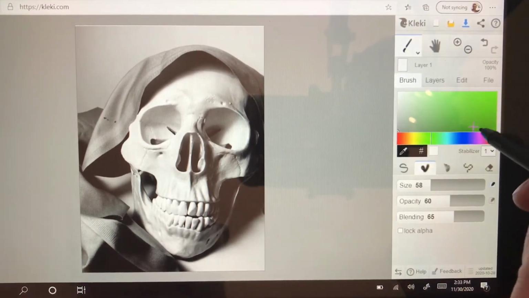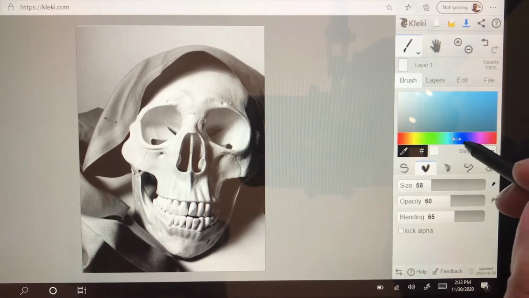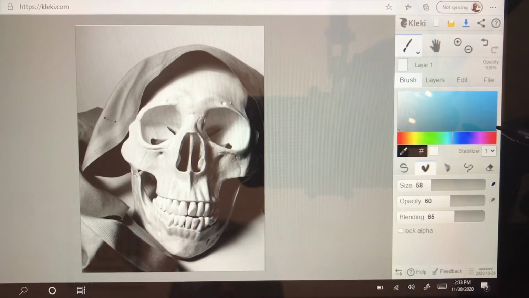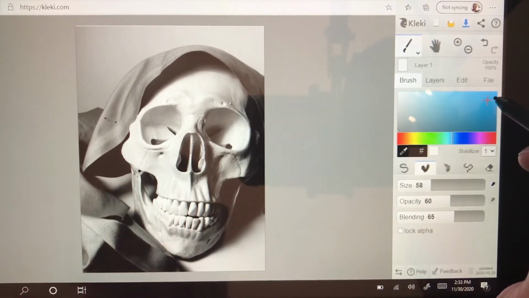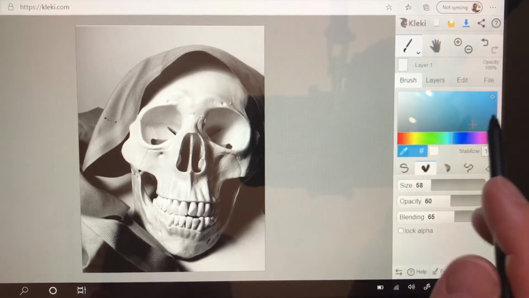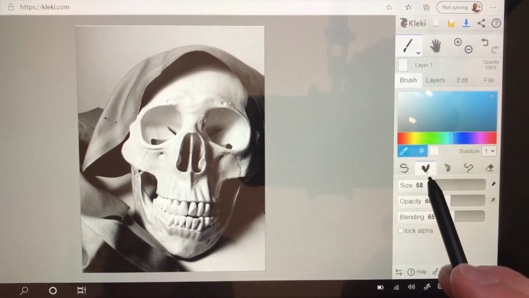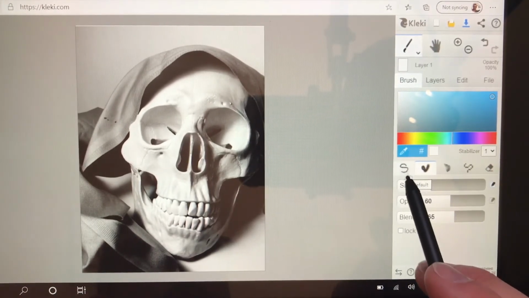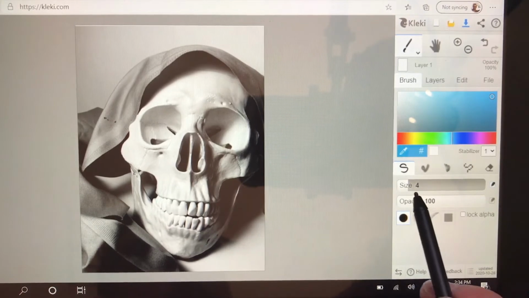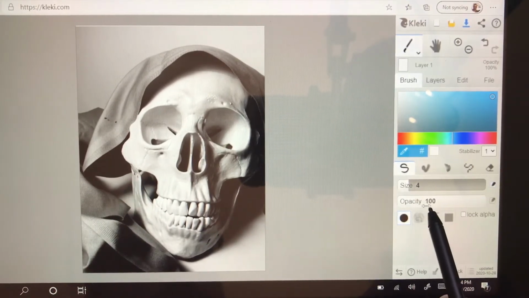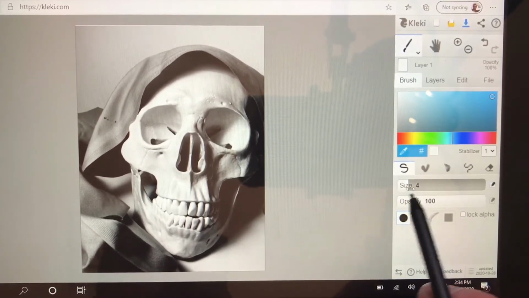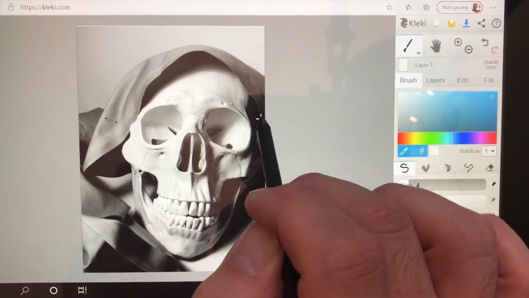So if I do green, if I do blue, I like to do a blue just because it doesn't always show up and it does create contrast with whatever value I decide to do. So if I pick a blue, just touch the picker there and you can see that makes the color what it is. Now down here are the brush types. This one that looks like an S, that brush type, you can see right here, I can change the size and the opacity. I don't need to worry about changing the opacity right now, but the size, if I make a mark on here to trace a contour,